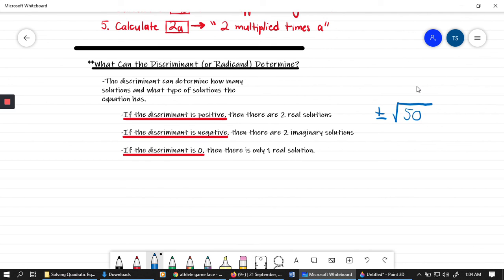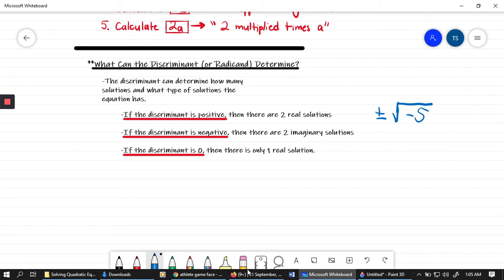So again, we get two solutions because of the plus or minus when the discriminant is a positive number. And of course, because it is the square root of a positive number, it is going to be real. When the discriminant is a negative number, just to give you guys a little visual here, remember, anytime you're taking the square root of a negative number, you're going to get imaginary solutions,